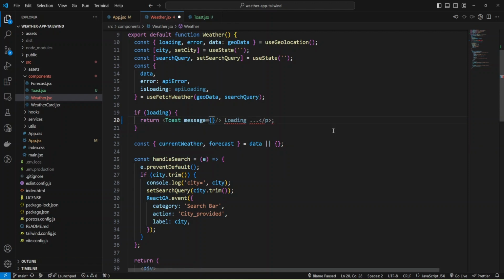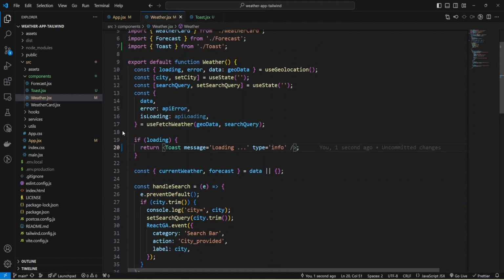And the message will be loading. And I don't need a paragraph here, and can provide just text. And also I need to specify type, and for loading I'm going to add info type.